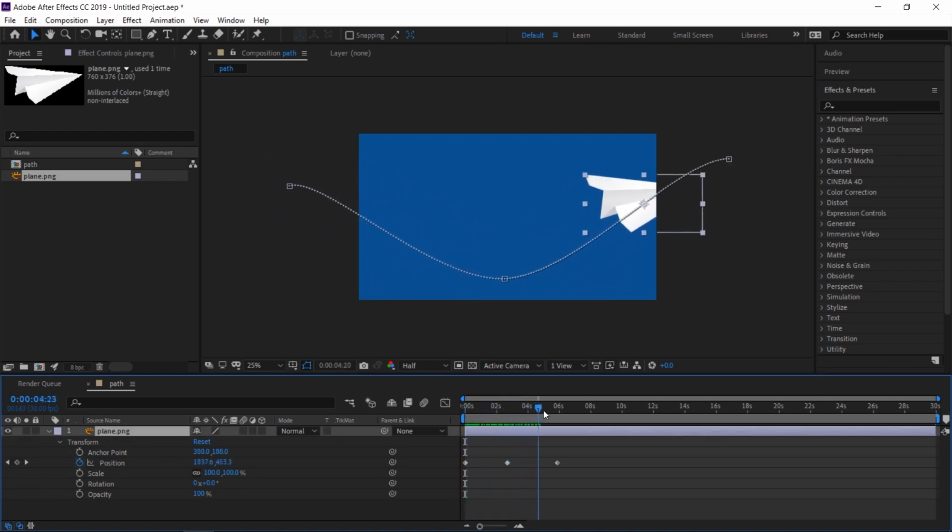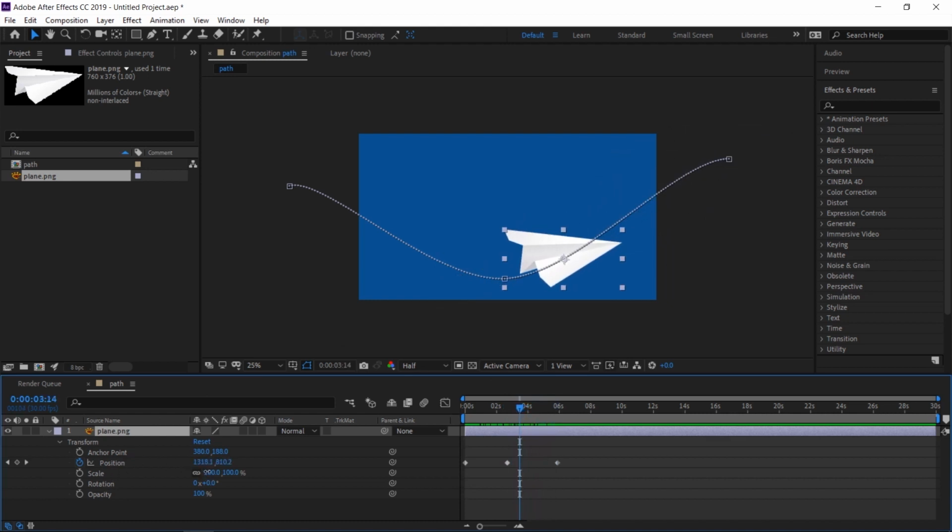Our plane is too big for the workspace. We need to make it smaller a little bit. We can reduce the size of the plane by decreasing the value in the scale property. After making these adjustments, let's come to our biggest problem. Here the plane is following the line,